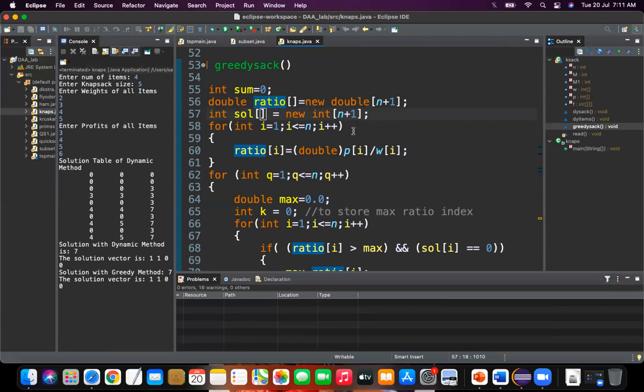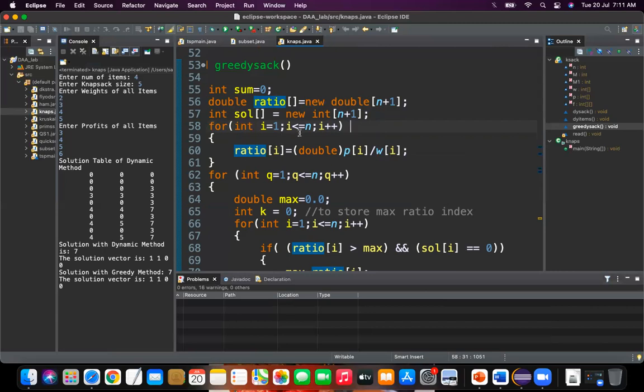So the first and foremost step in greedy knapsack is you have to find out the ratio of each and every item. Ratio of what? Profit divided by weight. Ratio of the first item is equal to profit of the first item divided by weight of the first item.